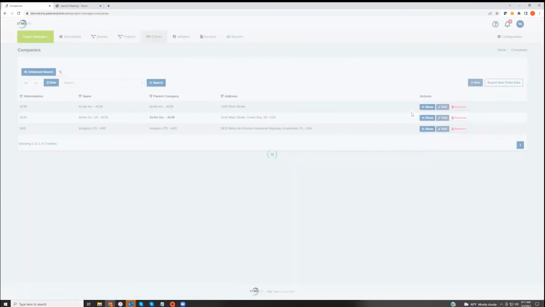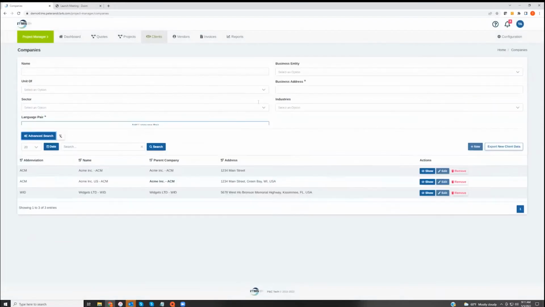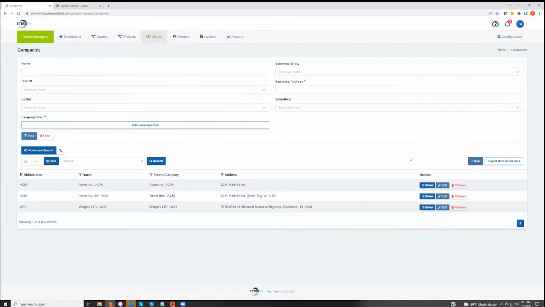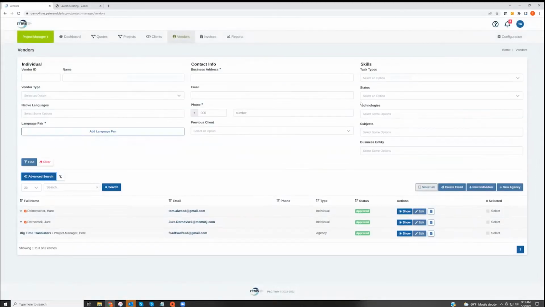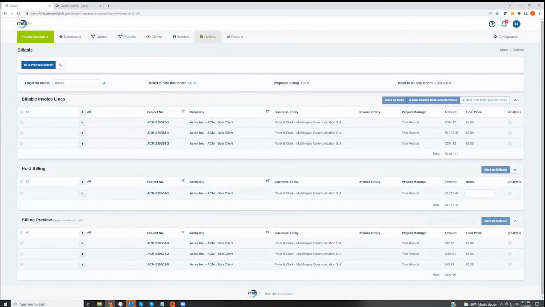We have a database where we can profile out our clients, an area where we can profile out all of our vendors, translators, interpreters, whatever kind of third parties you might want to engage with. We have an area where we can manage our invoicing